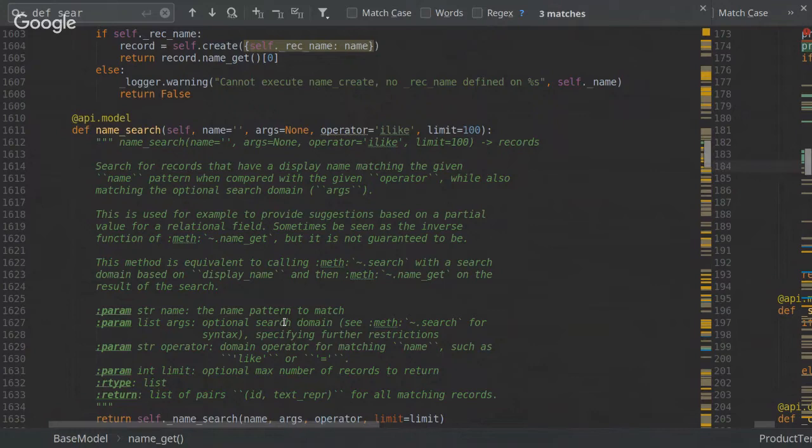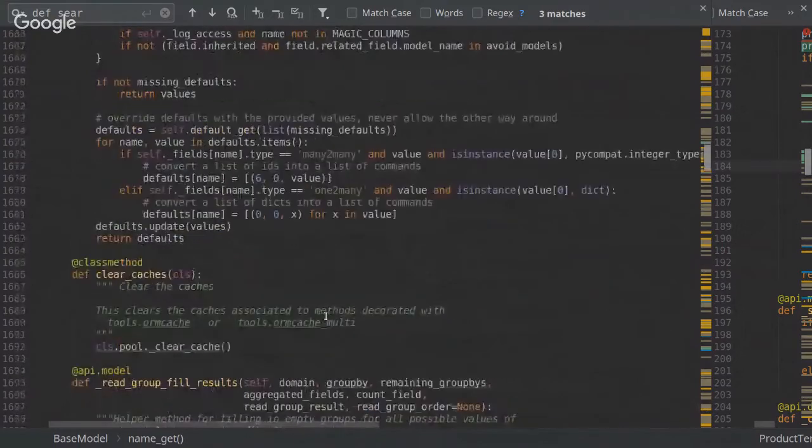But if you wanted to specify the search so that if you typed M it will get only the employees whose names end with M, you can use name search for this purpose. Also, if you want to search for M and get employees whose names start with M, you can do the same with name search. So name search will help you get your results as accurate as you want them. Okay,